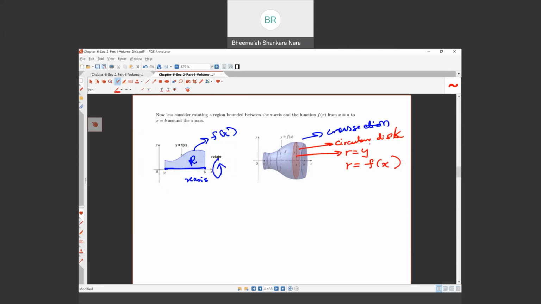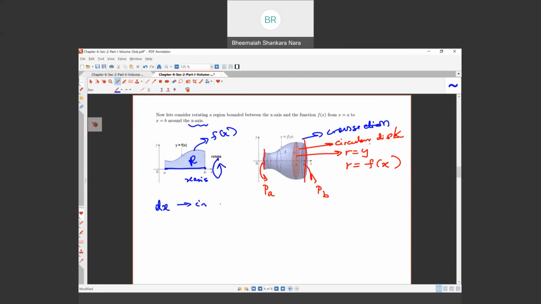On the left, I'm going to name this point A here as P sub A. And on the right, I'll name this as P sub B. So this is the plane P sub A, P sub B. Now, let's also try to fix the variable of integration. Here in the problem, dx is the variable of integration. You have said that the region rotates between the x-axis and the function from x equal to a to b around x-axis. So you say dx